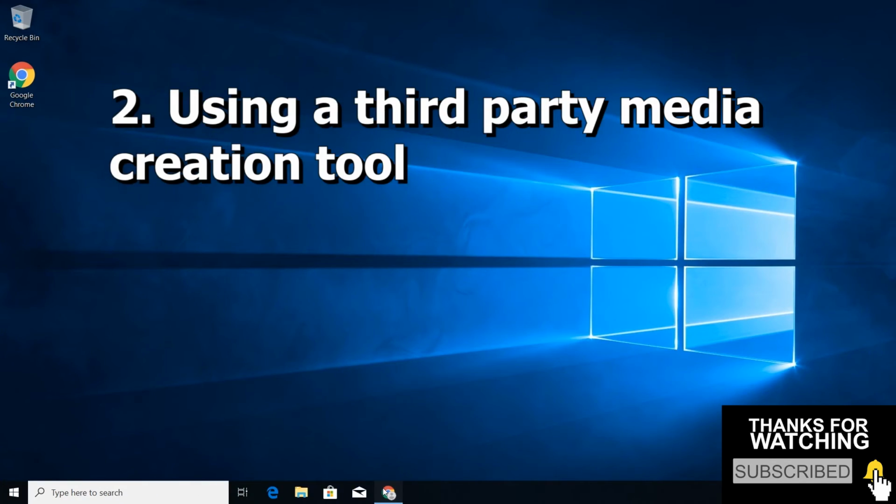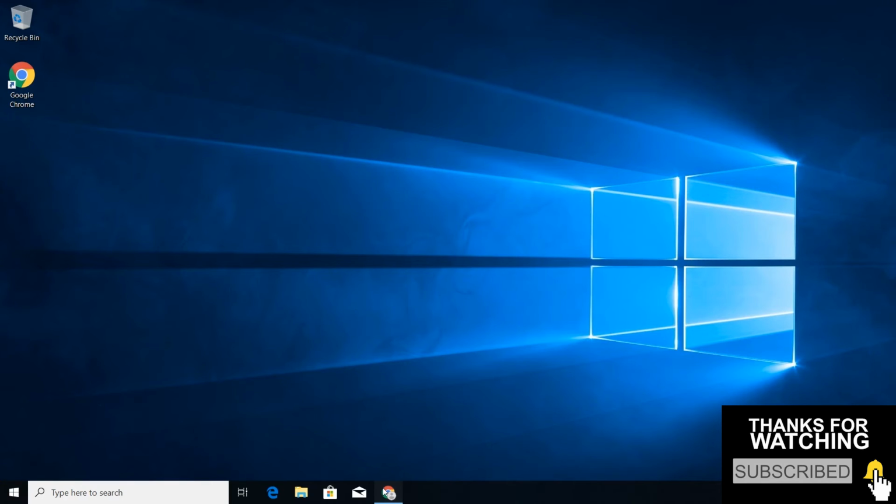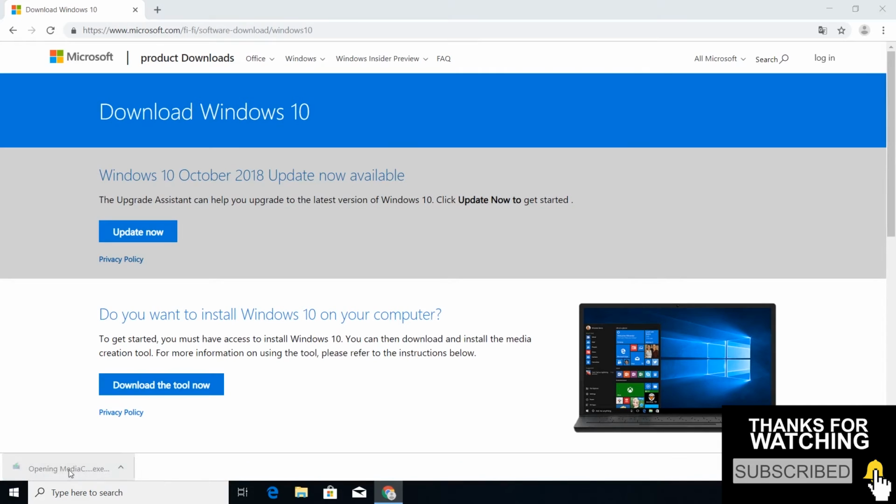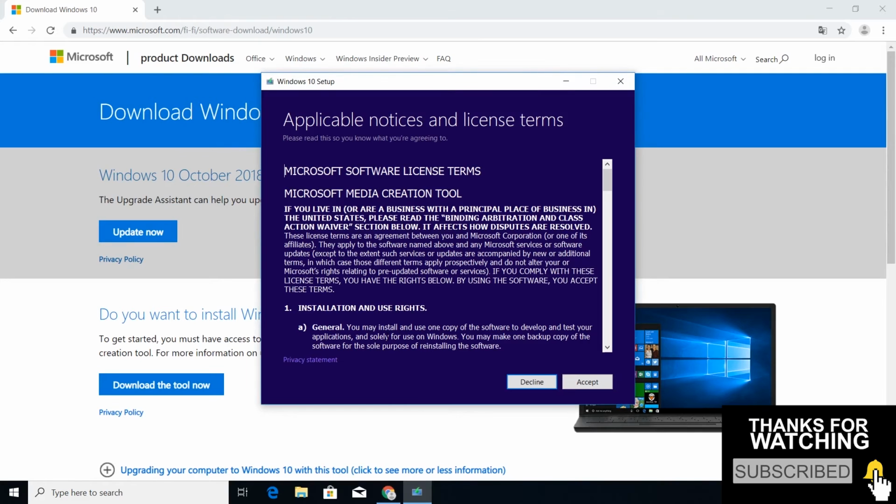The second method is to use a third-party application to create your Windows 10 bootable USB. Here I'll be using Rufus, but before downloading and running Rufus, you need to have your Windows 10 ISO file saved somewhere on your computer. If you are yet to download a Windows 10 ISO file, the procedure is pretty similar to the first method we just saw. So from the Microsoft page, you download a media creation tool, run the tool by double-clicking, accept the